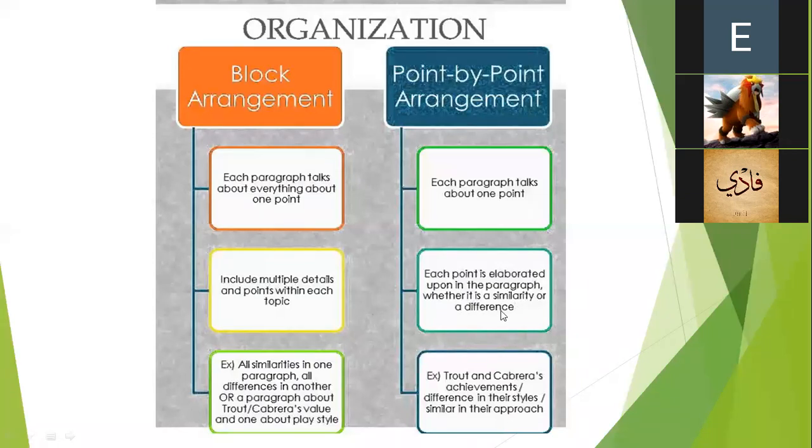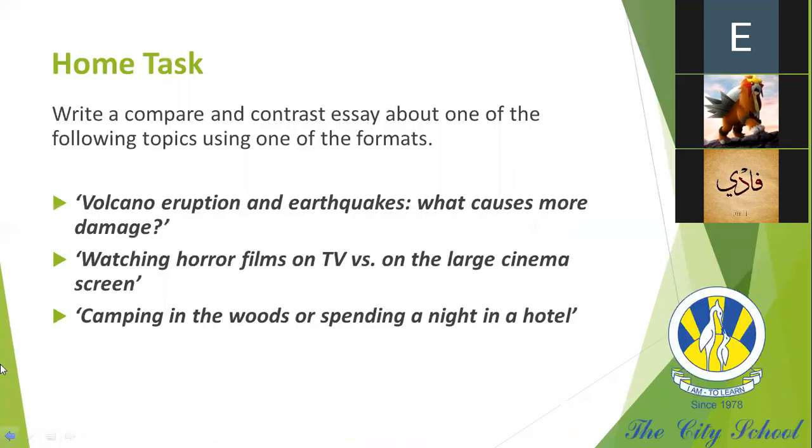Regardless of whether it's comparison or contrast, we just take the point and evaluate the subjects on it. Similarities in one paragraph, all the differences in another, or a paragraph about value and one about the play style. Okay, so these are the examples for comparison and contrast.